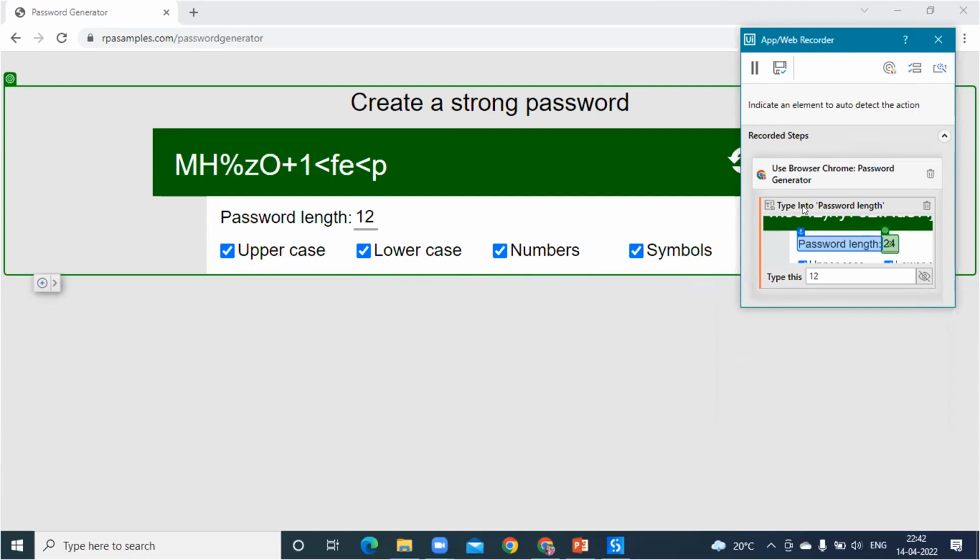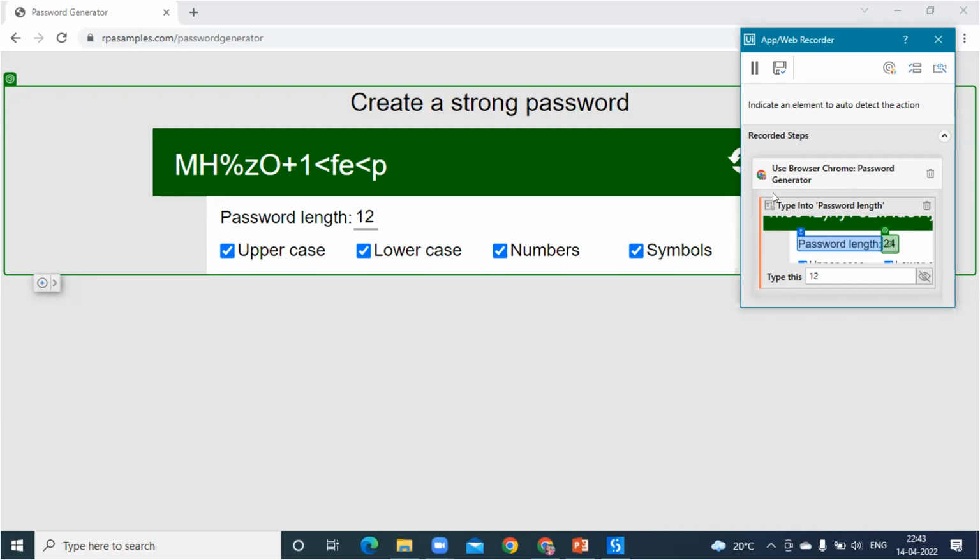So in case you're not sure which activity to be used where, you can use this particular feature. This is really very handy, right? It automatically gives you that this is the type into activity. Also, if you are doing the same repetitions, if you are filling up a form with multiple fields, and you do not want to simply drag and drop the same activities in a sequence, you can use it,